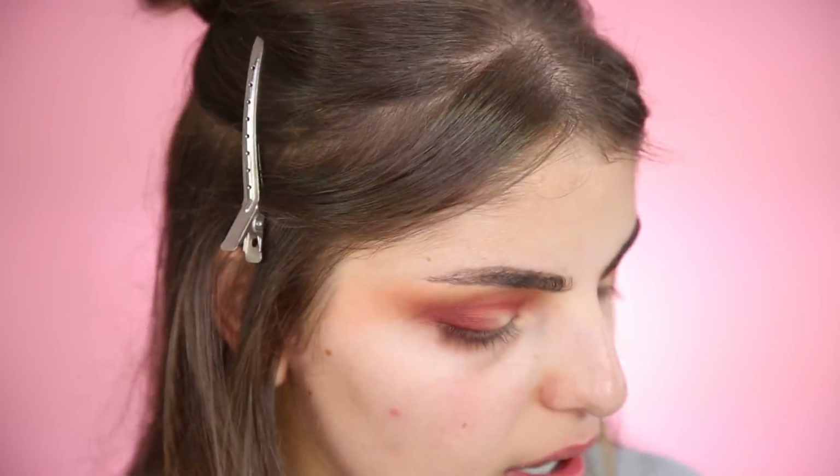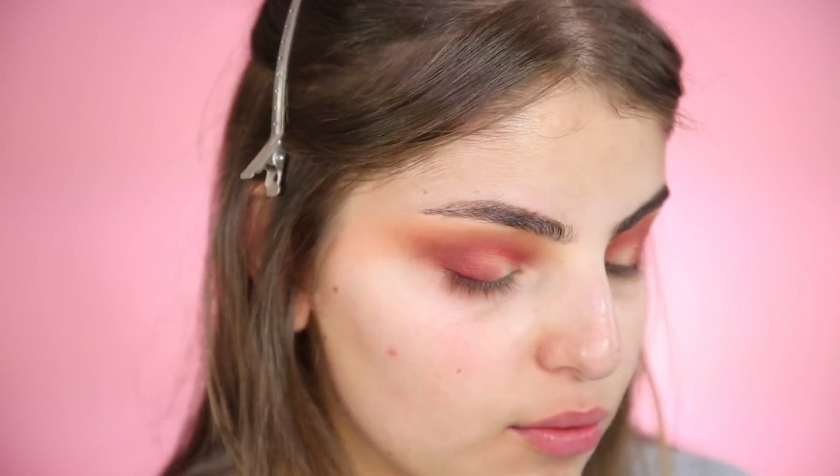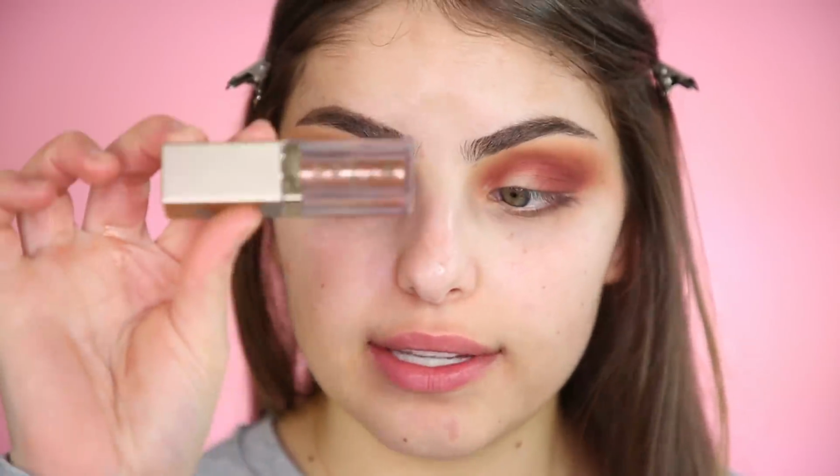I think I'm gonna do a Stila Magnificent Metals eyeshadow, because I don't think these are gonna look the way I want them to look. Oh, actually, Bubbly is a very nice color. No, maybe next time. I want something really over the top and sparkly. So I'm taking one of these Stila Magnificent Metals eyeshadows. This is the shade Bronze Belle, and I think I want to create a cut crease, so I'm gonna use that and